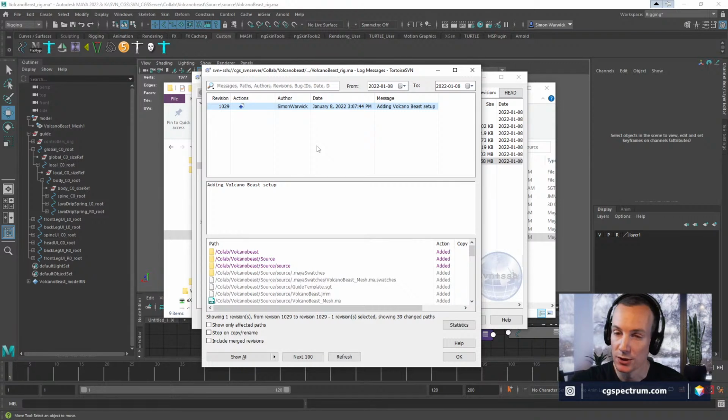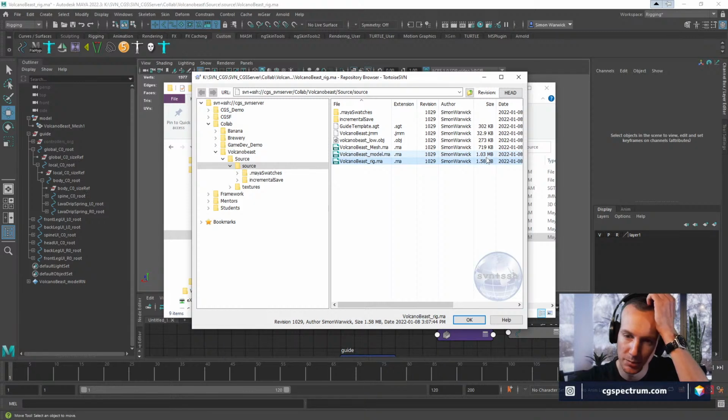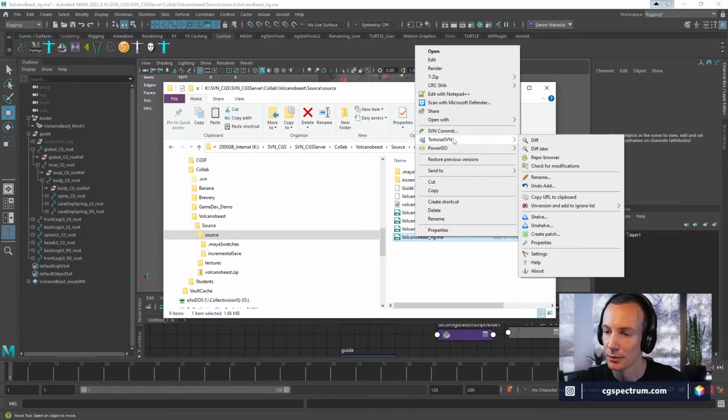Try not to spend too much time troubleshooting this, but definitely frustrating that I permanently messed it up because I clicked on a button that seemed intuitively like it was going to solve things for me, but did not. Now I'm really in a bind trying to fix it. The unversion and add to ignore list is kind of what I did. So where is this ignore list and how do I take it out of there?